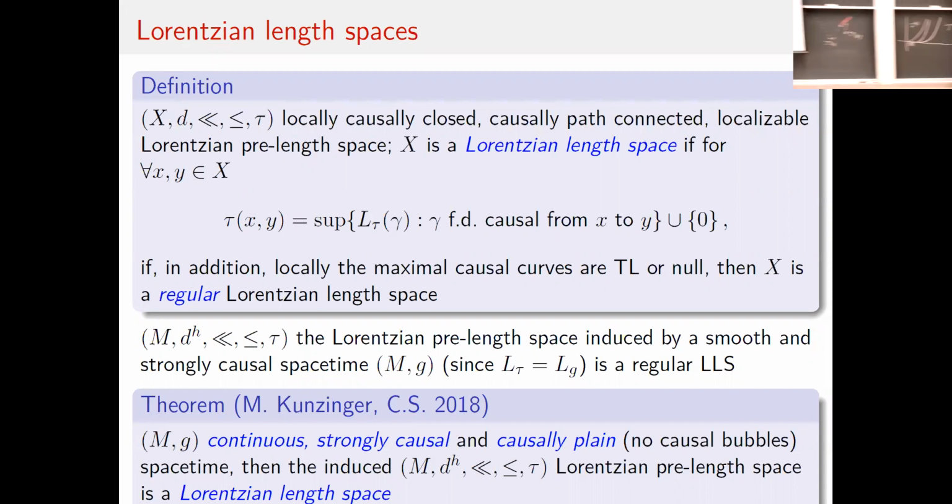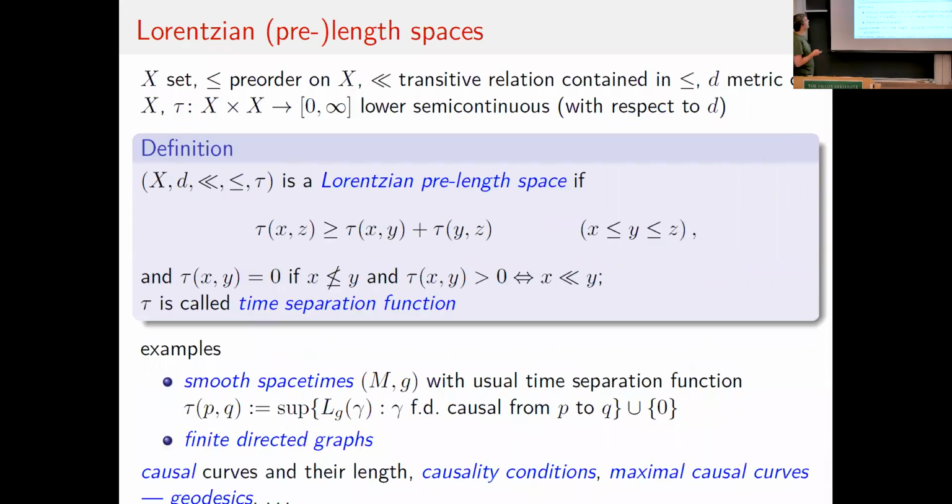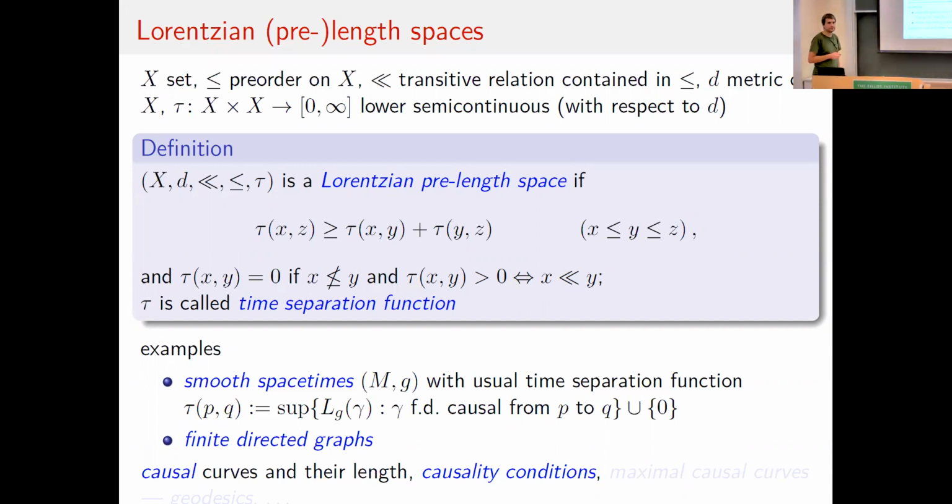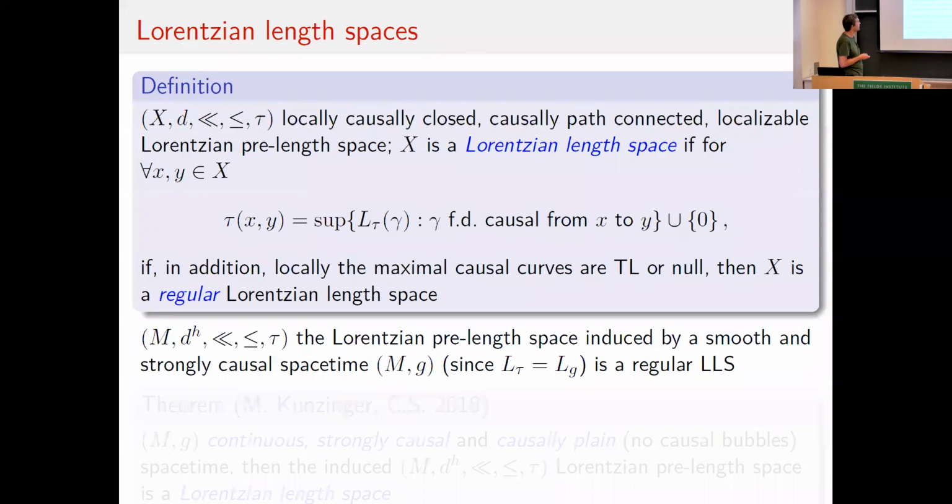No, this is in the tau. The tau is positive if and only if they are time-like related. This is somehow encoded here, the push-up. Yes, and again, for example, maybe you want an application where you can also talk about these bubbling spacetimes, then you would have to drop push-up from your axioms and see what you can do then. But for us, we assume that we have the push-up property.